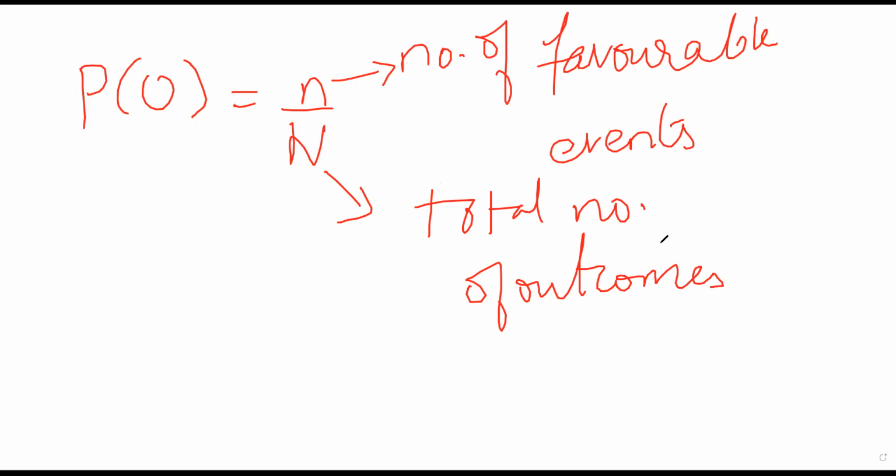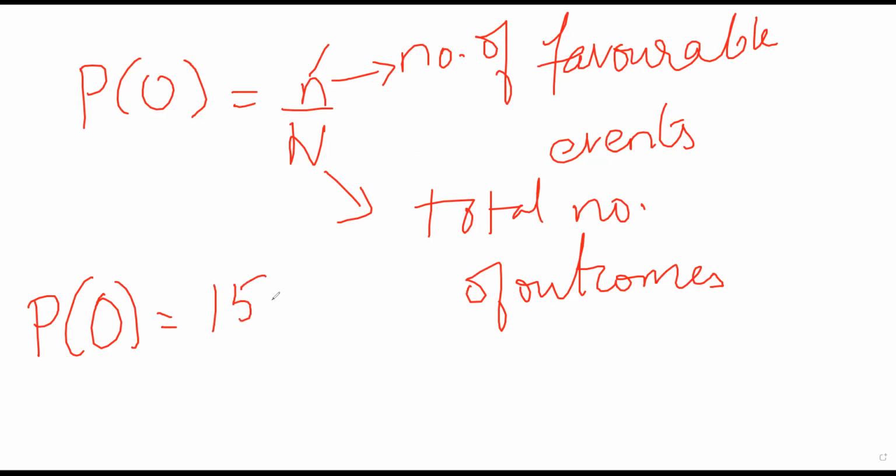In a heads or tails question as well, in the previous explanation that I gave you, when I take one coin, I only have two chances. I can either get heads or tails, nothing in between. So the total number of outcomes that I can get is only two. If I get heads, it will be 1 by 2. If I get tails, it will be 1 by 2. Same probability, right?